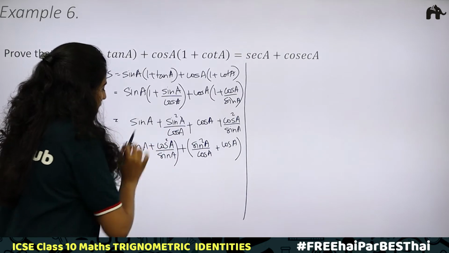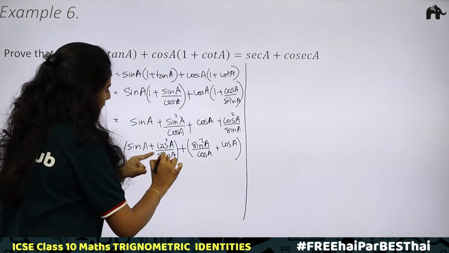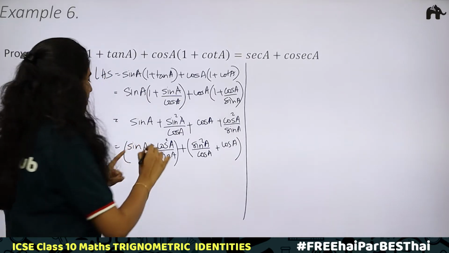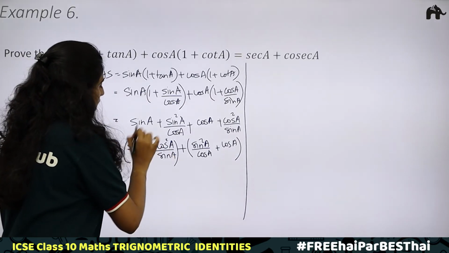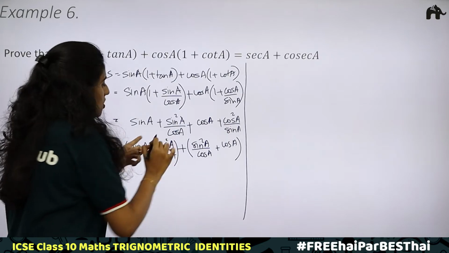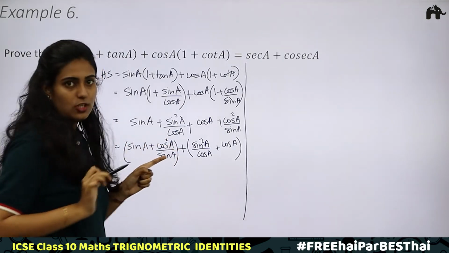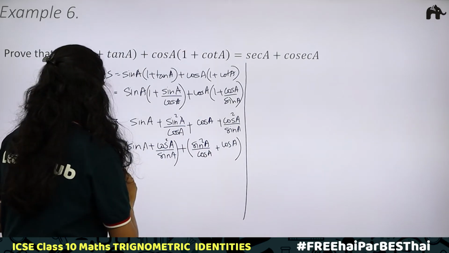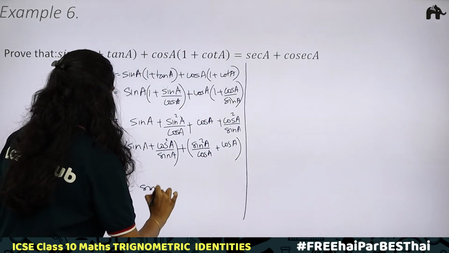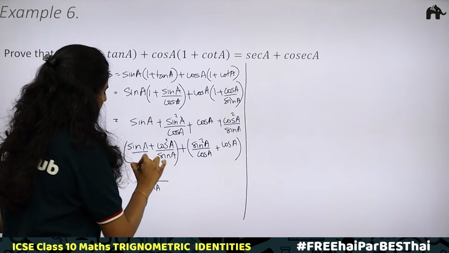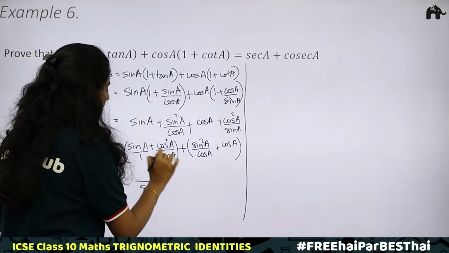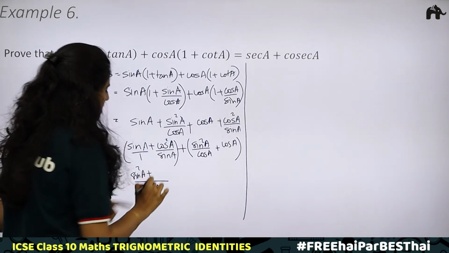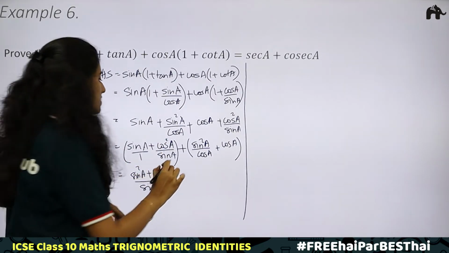Now our aim is, when I take this sin A here and we have a sin A here, by taking LCM, we'll be getting sin square A in the numerator plus cos square A, so that it becomes equal to 1. So that is our aim. For that we have made this rearrangement. Then we get sin A as LCM, because here the denominator is 1. Sin A into sin A is sin square A plus cos square A into 1 is cos square A